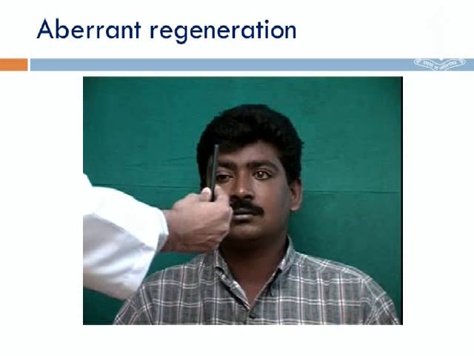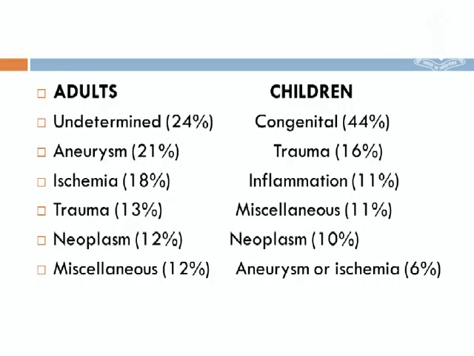A secondary regeneration is when the patient had a long-standing third nerve palsy following trauma or any other compressive pathology, that is a secondary aberrant regeneration. When you think of an ischemic etiology and you see signs of aberrant regeneration after 2 months, then ischemia is never the cause for the regeneration. Then your etiology, please revise your etiology.